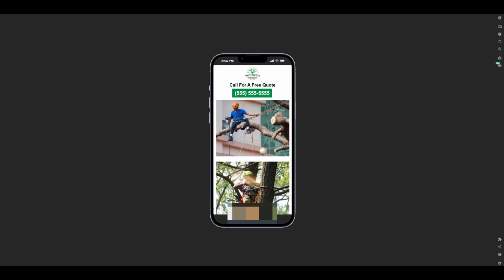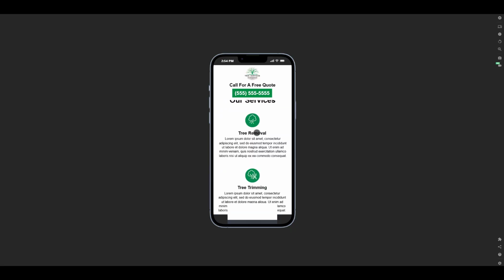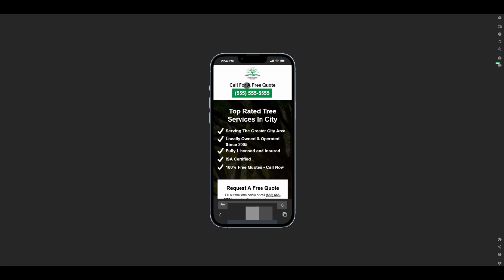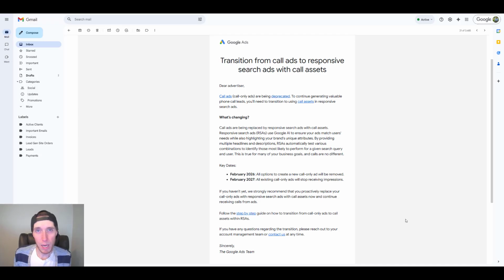So you need to send people to a landing page and have a really blatant call to action for calling for emergency services or whatever it might be right there on the landing page. And that is going to round things out and give you everything you need to do to switch from call only ads, which Google is removing, to having a different call only campaign instead of just having call only ads. If you follow those steps, you should be able to navigate this transition away from call only ads, but still maintain a call focused campaign on Google Ads.